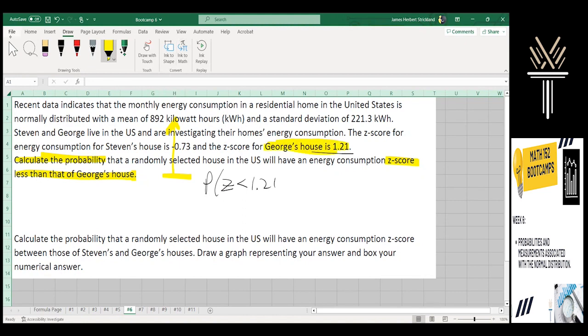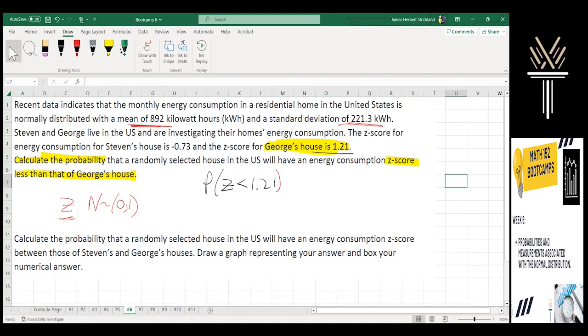All that previous stuff didn't matter. And if I want to know the z-score's distribution, remember the z-score can be modeled by the normal distribution